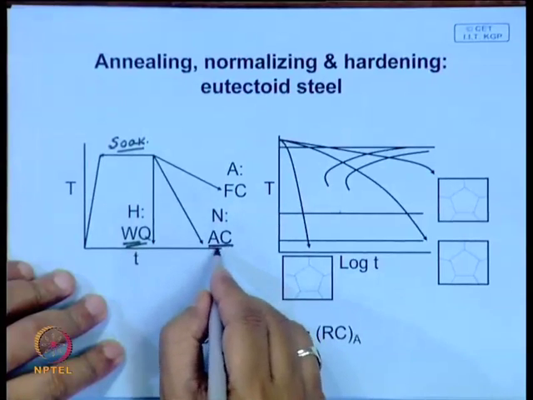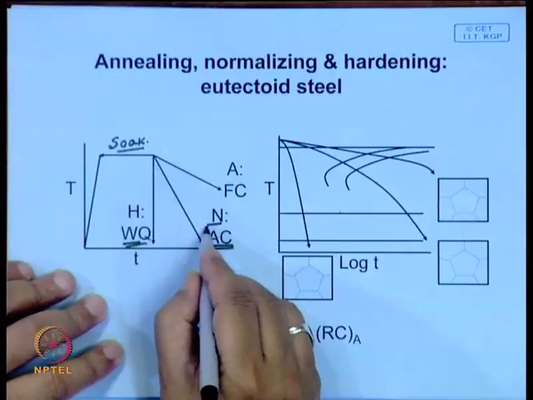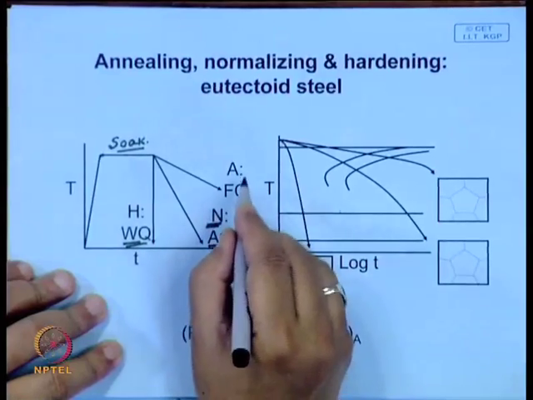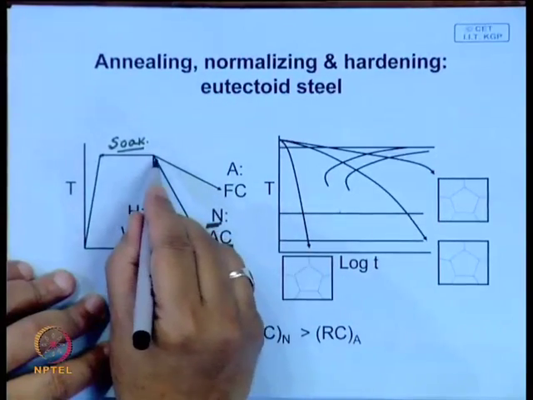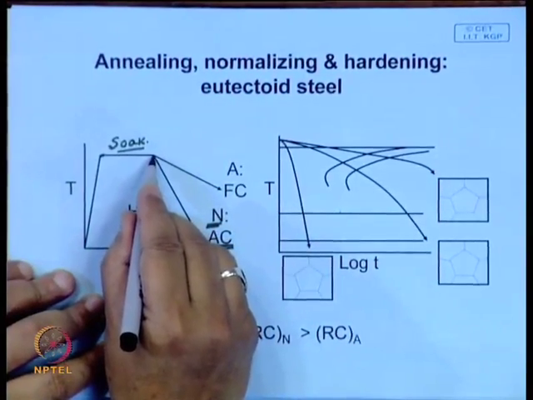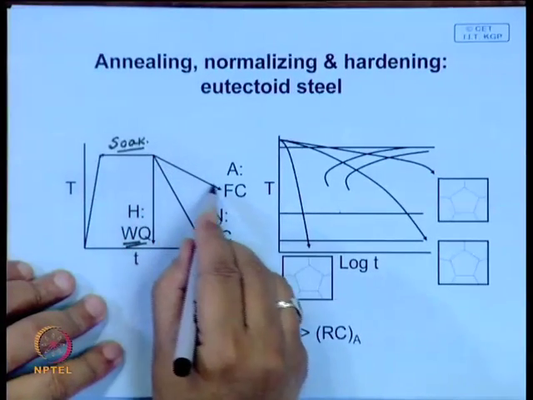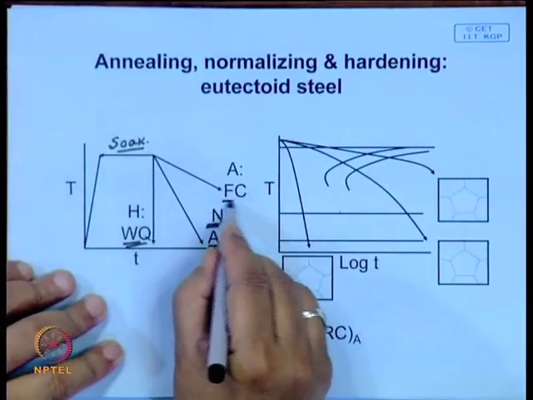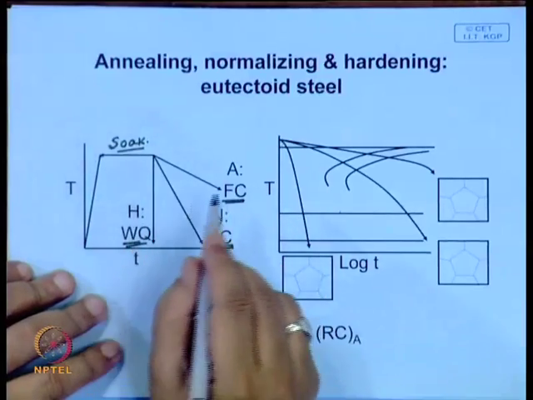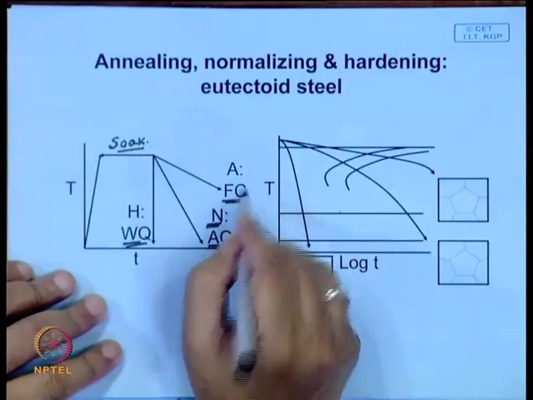So, air cooling, this process is known as normalizing, and I am representing it by N. And annealing, after soaking you switch off the furnace. In that case the cooling is called furnace cooling,